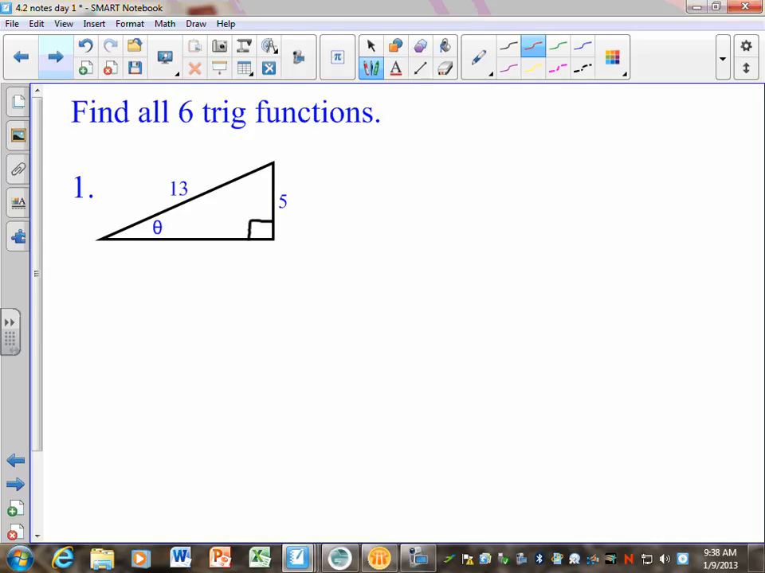Find all 6 trig functions. Notice they labeled theta for us. There's a problem, though. They only give us 2 sides of the triangle. How can we find the 3rd side of the triangle? If it's a right triangle. Oh, Pythagorean theorem. Right? Remember, if you have a lovely right triangle,